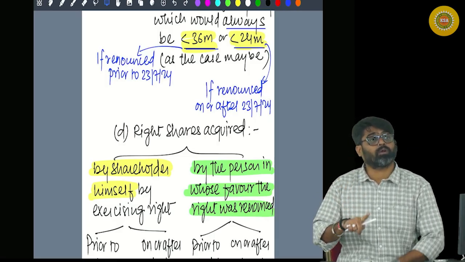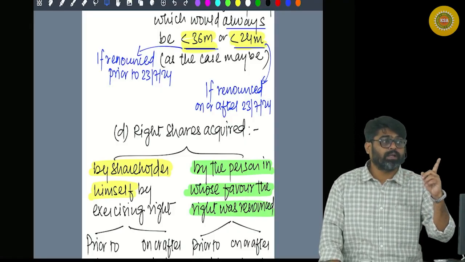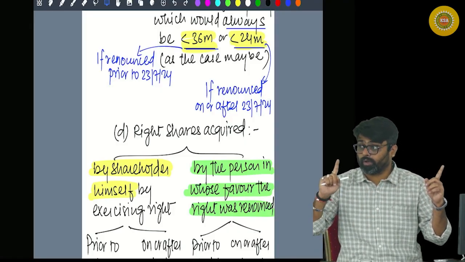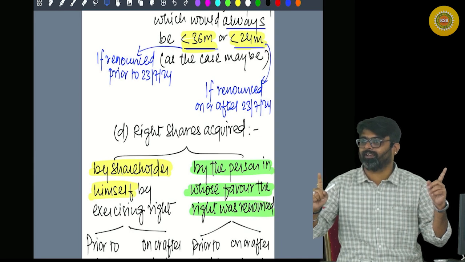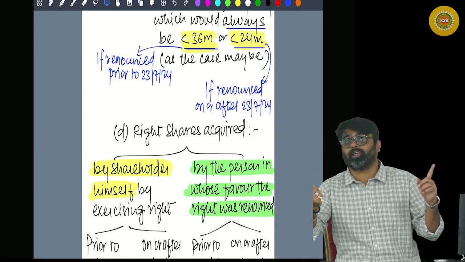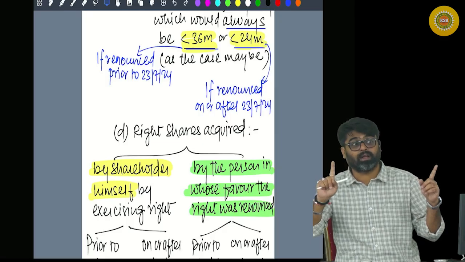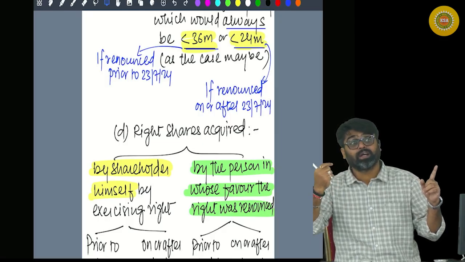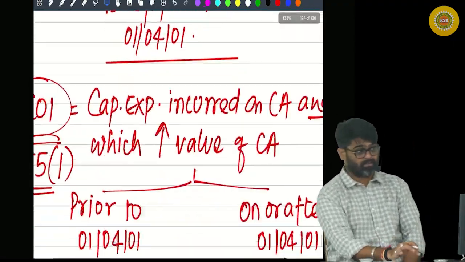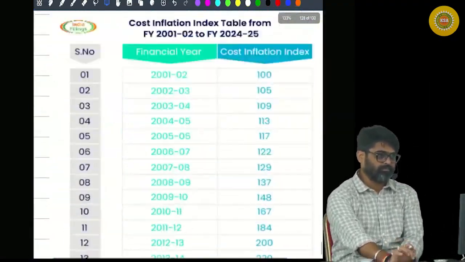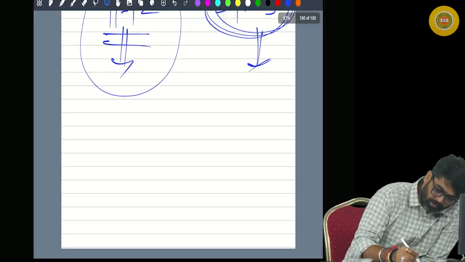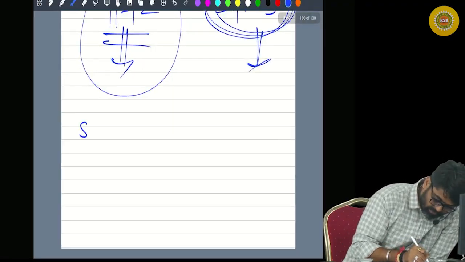Only if the transfer was made prior to 23rd July and the shares are not covered by 55 AC. Long-term gain is not to be calculated under section 112A. So what I am telling, please pay attention. Which type of shares am I talking about? Shares